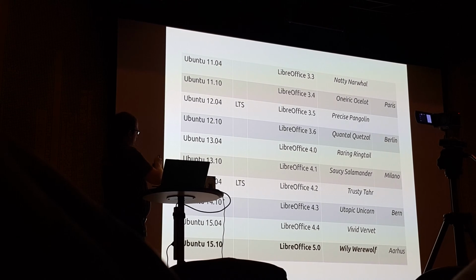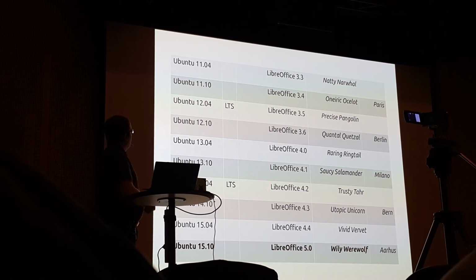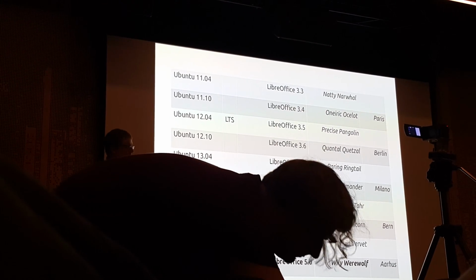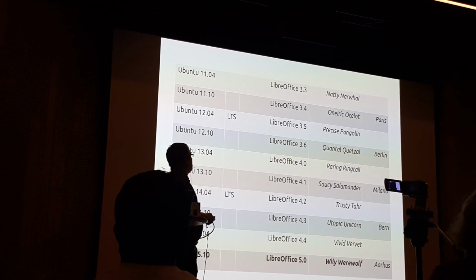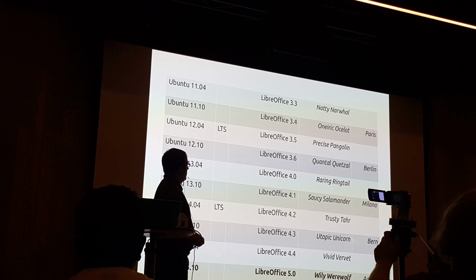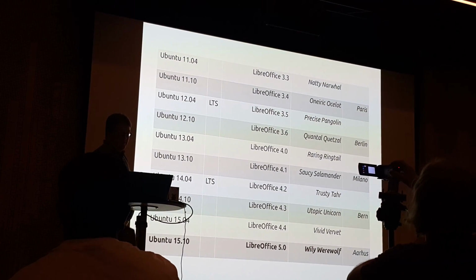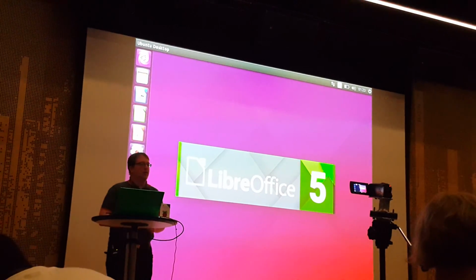So you can see here the Ubuntu versions, and this is the first LTS version, the second LTS version, and the LibreOffice versions. And here are the names. And I told you that one might win like the Raspberry and stuff if one looks at these. And these are the LibreOffice conferences that we had during the time of these releases. So you see it's a long history, and of course the next thing to come is this, LibreOffice 5 on Ubuntu